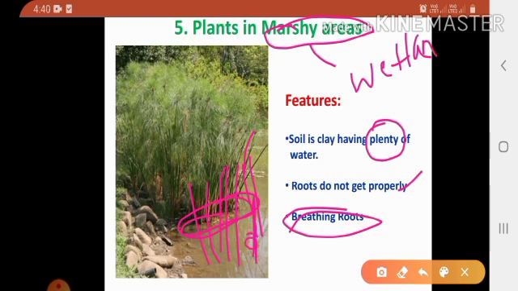Roots do not get air properly. That's why roots come out of the soil. They are not under the soil because for breathing purpose these roots come out of the soil. So they are known as the breathing roots.